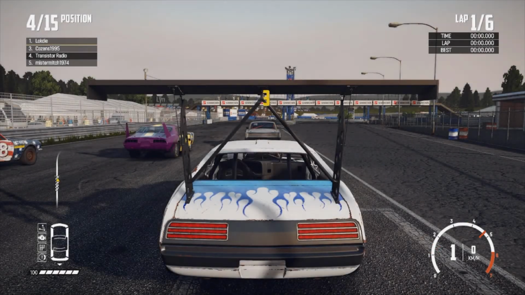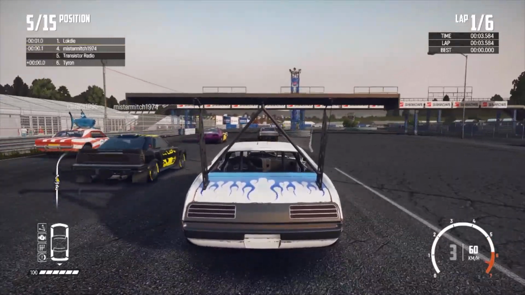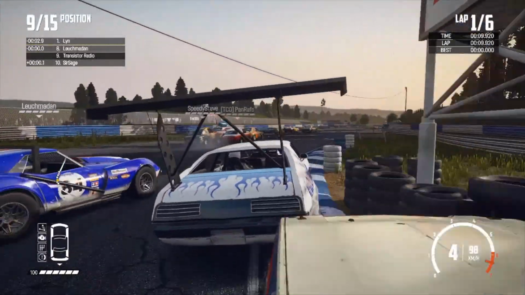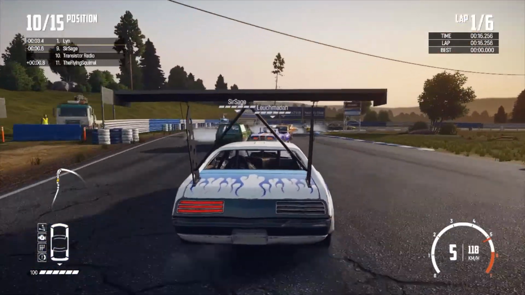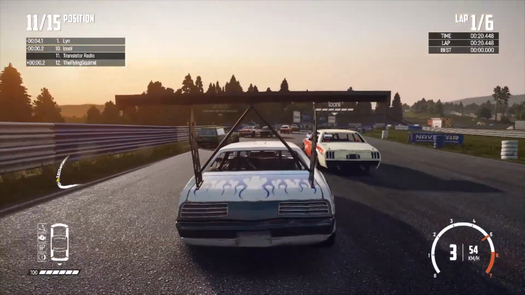So we'll go on to the next race. I decided to switch cars. I'm in the Rebel Rat here with a massive wing installed just to intimidate the other drivers, and looks like I'm really slow off the line. I did go for the super short gearing, thinking that that'd give me a little better acceleration, but maybe it's